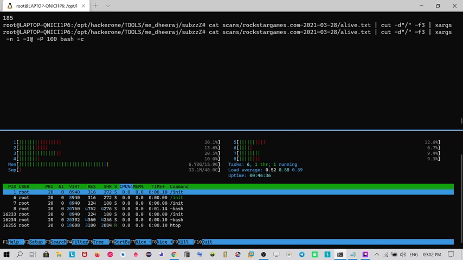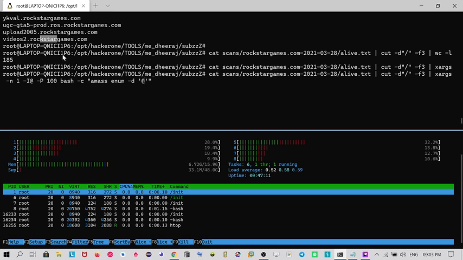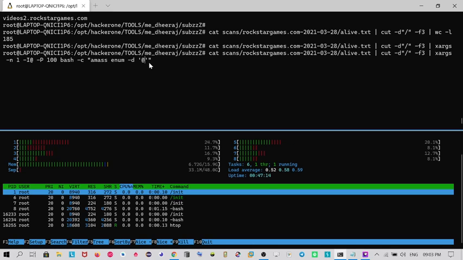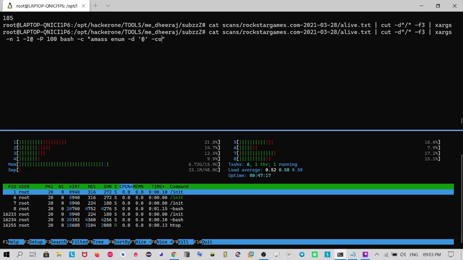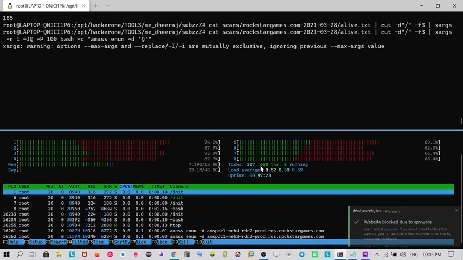Like bash -c. Bash is the console, or you can say the platform you are using to execute the command. -c is basically command. In double quotes, you just need to put the command which you want to execute, right? amass enum -d. -d stands for domain. Now, as you can see, the input is $, so that will read every line from this output, or you can say every subdomain from this output, and put it over here. So that will check for this, and space if you have a config file or something, you just need to add it. When you execute it, now you can see we have a total of 630